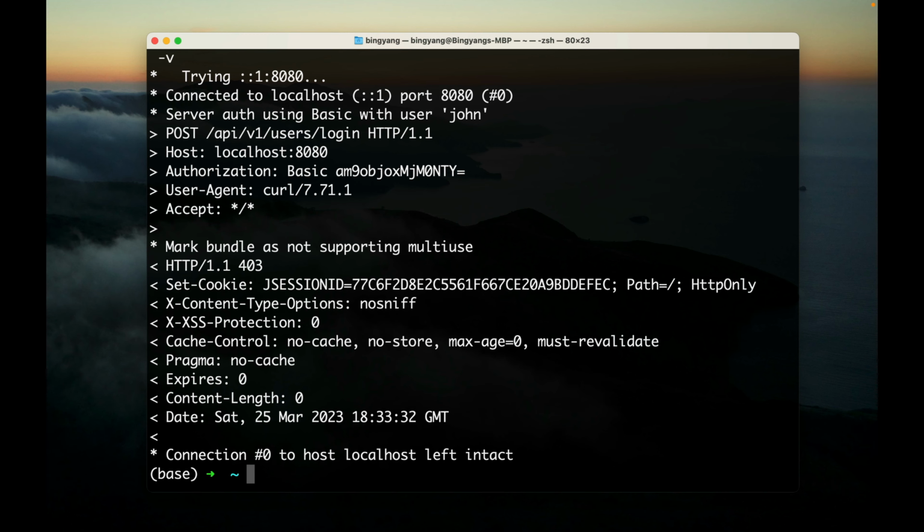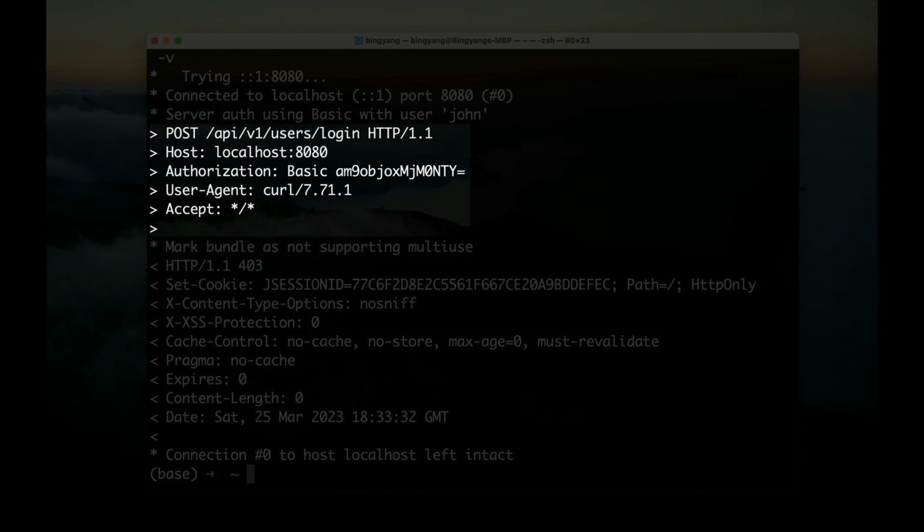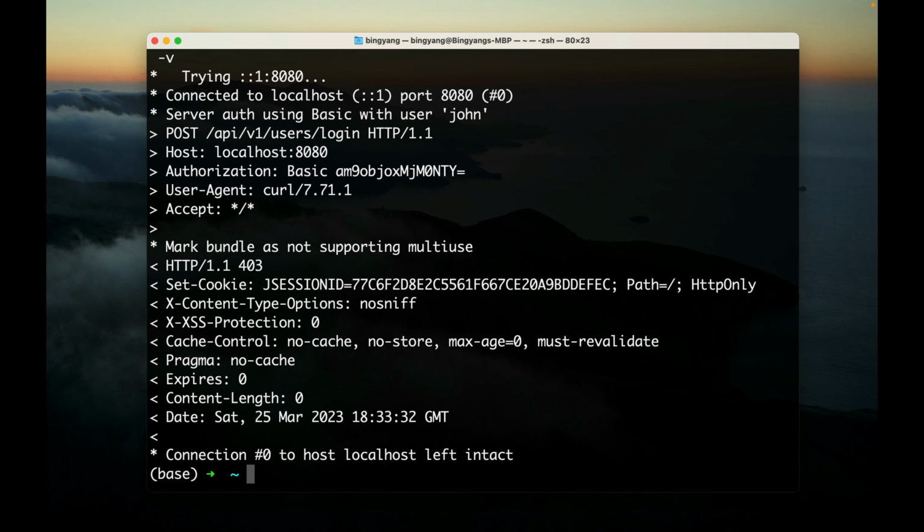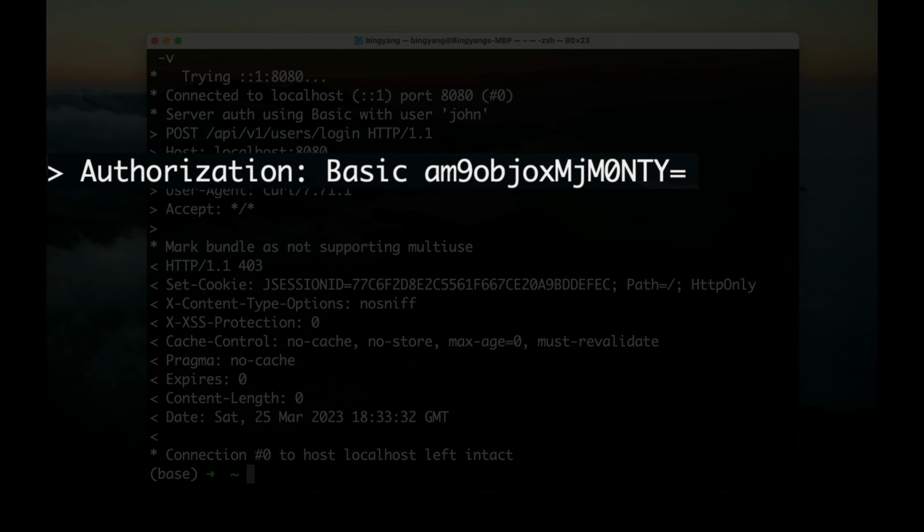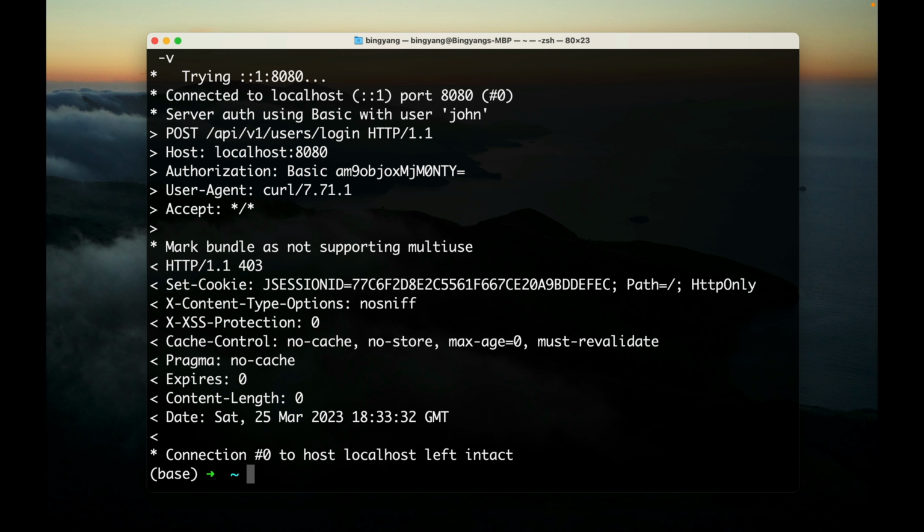Here we got some detailed information about request and response. In the request, take a look at a header called authorization. And the value is "Basic" followed by a space, and that's the Base64 encoded John:123456. And of course, here for the response, we get 403 because we haven't enabled HTTP basic authentication in Spring